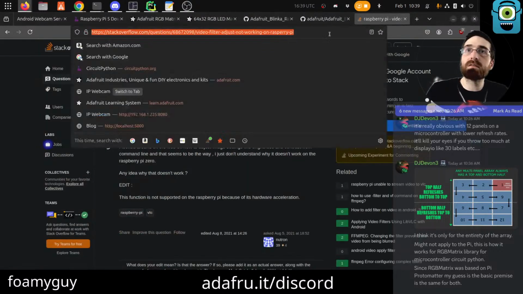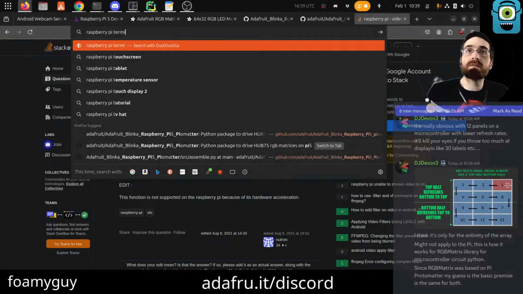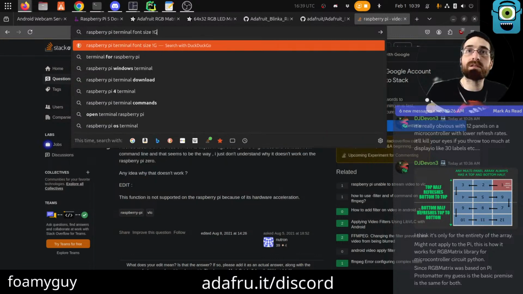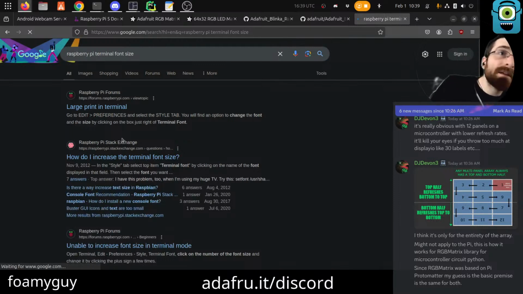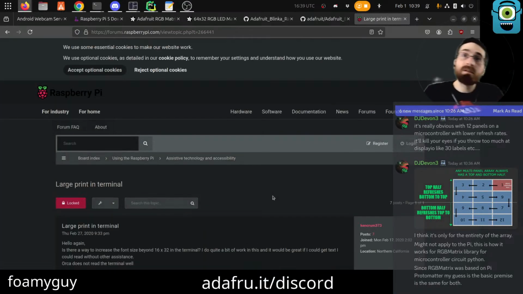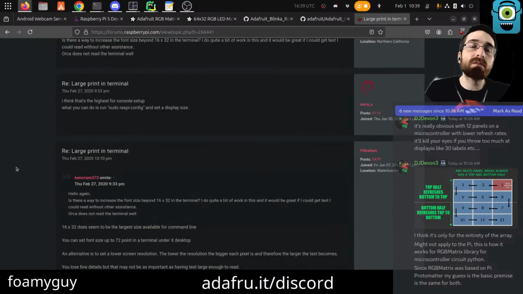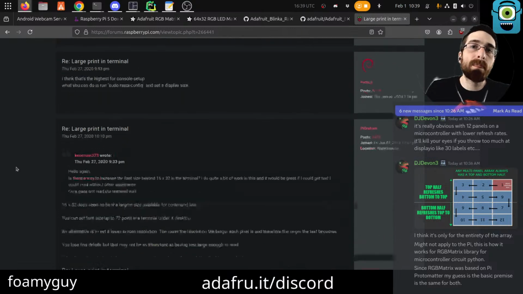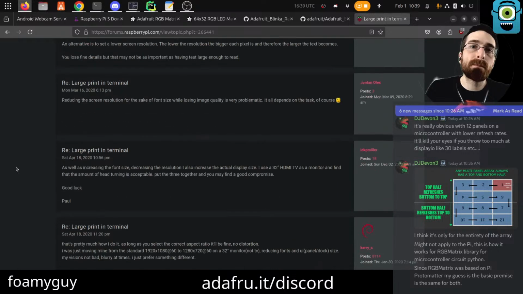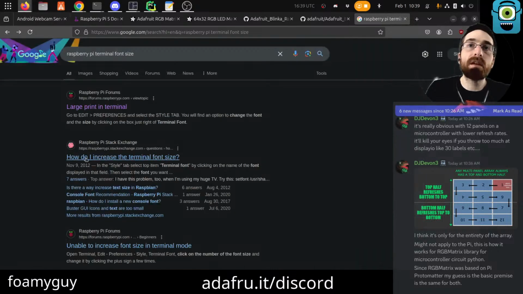Raspberry Pi. No, not the terminal window though. Not in the GUI though.